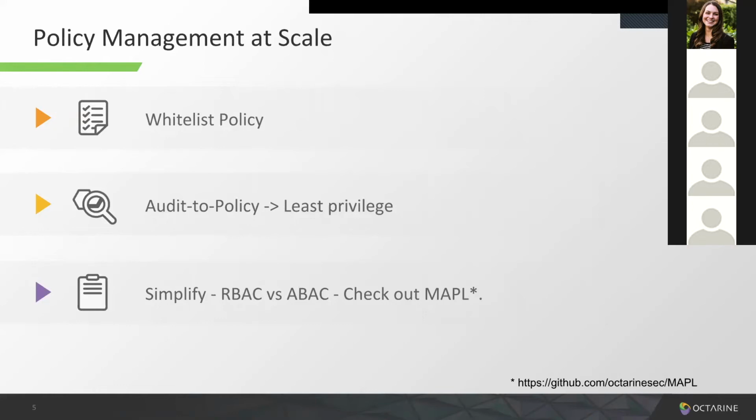It's very easy to give a very wide whitelist that allows everything, but that defeats the purpose. If you have a tool that audits your actual traffic and translates it to real policy, then you're on the right path to having least privilege and a tight and relevant access policy.